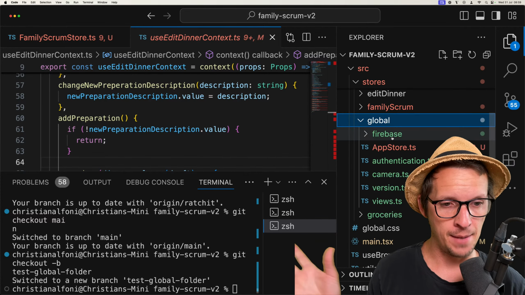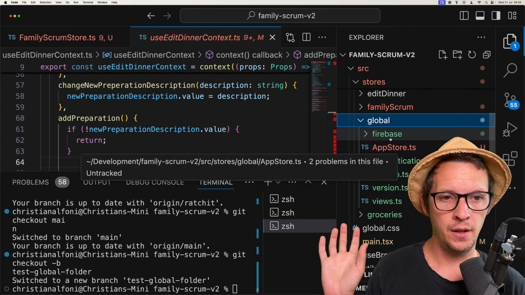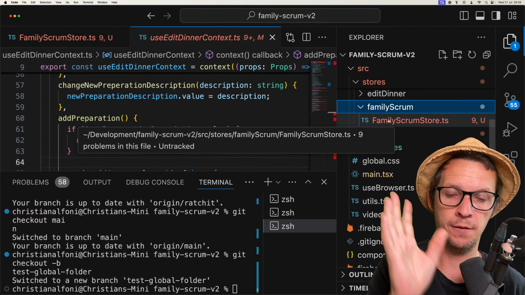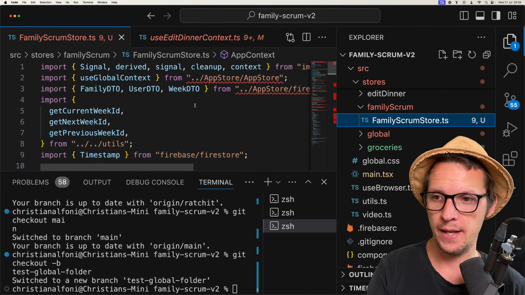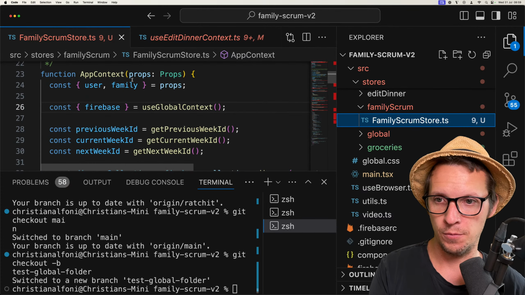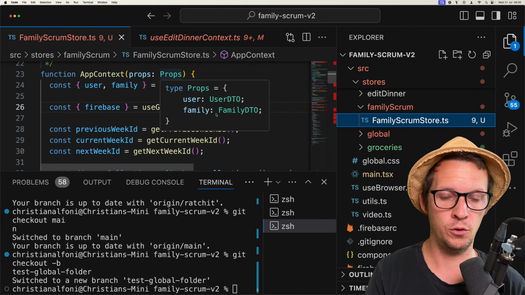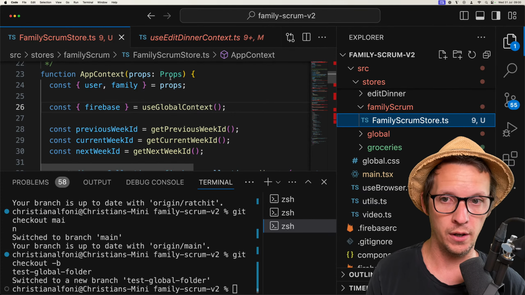So for example, here we have the global store. And when we go into Family Scrum, we define another store, and that store has some dependencies in terms of props. Here it expects to get a user and a family to be able to use this store.